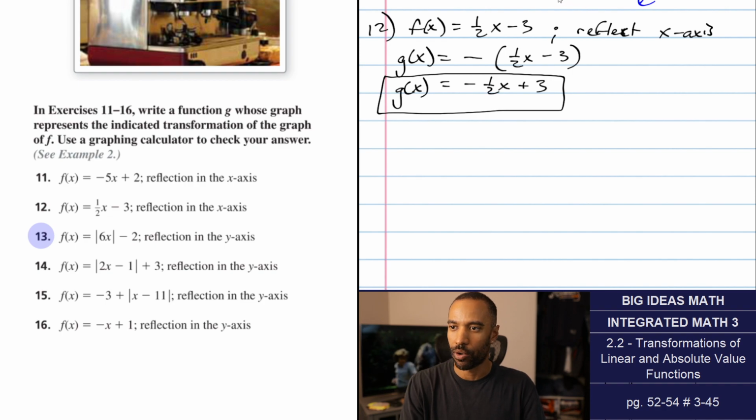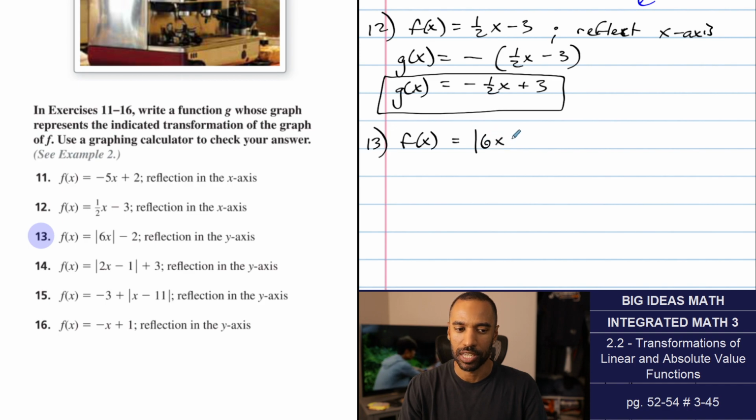Number 13, we are going to reflect in the y-axis. Now, this is where I get to be a little creative, or the book also got a little creative, but I'll take it even one step further. f of x equals absolute value of 6x, then minus 2. Reflect in y,